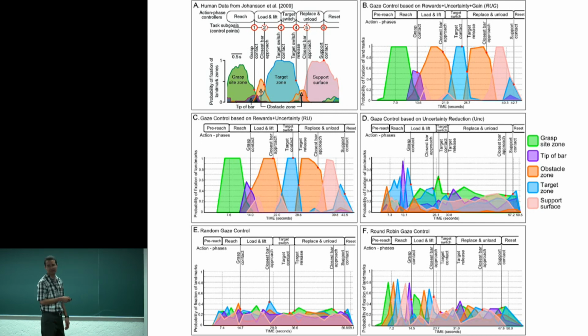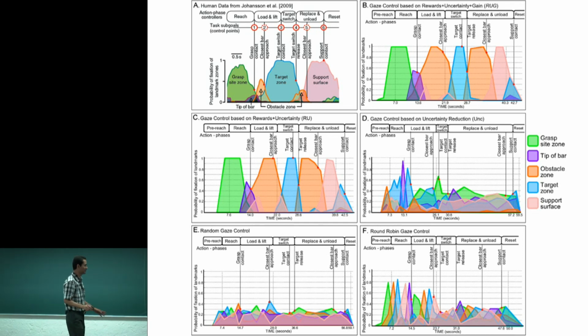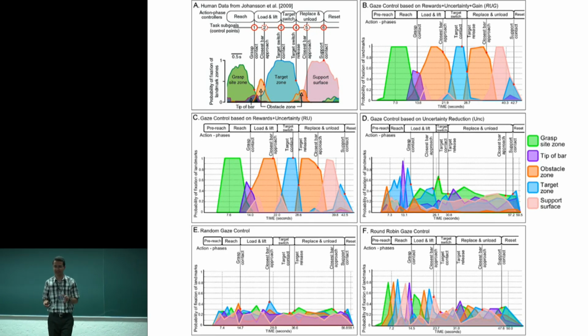These are the results that we obtained using one of the last models of gaze control that I showed you. This is with the second one. This is with uncertainty, random, and round robin. So as you can see, these three are completely different, and these two are very similar to this one. I'm not saying that that's how the brain works, or that my model is very good, but it's a very nice hypothesis that we can still do a little bit more research on.